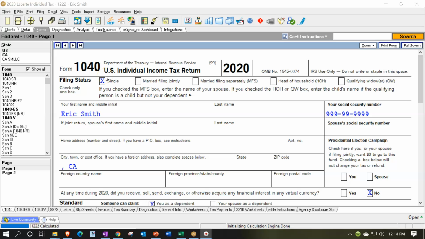Here we are in the Lacerte tax software. You don't need the Lacerte tax software in order to follow along, although you might be able to get a free 30-day trial of it, and it might be a useful tool if you're able to get access to it. But we're going to be focusing in on the Form 1040. The software is going to allow us to put the data input in more quickly and then jump back and forth as we work different scenarios. Our concentration then is on the state income tax refund and whether or not it should be included in income. So we're going to have our single filer, Eric Smith.